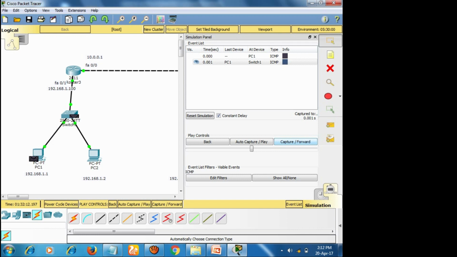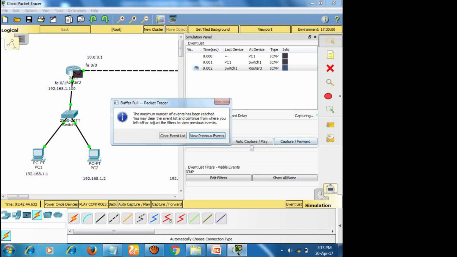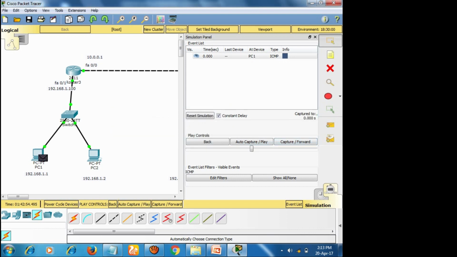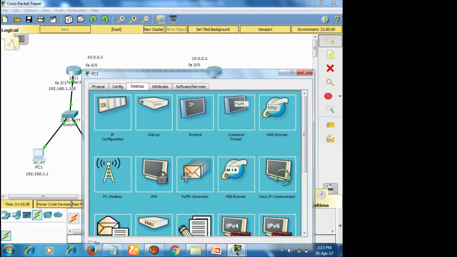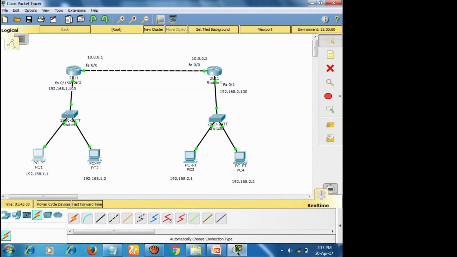Look at here, the packet is moving to the switch and the router, it's not going through. Let us check once again. Because the first time it doesn't have any information, it's not connecting. Let us check with this packet. Actually, the ping is more important.